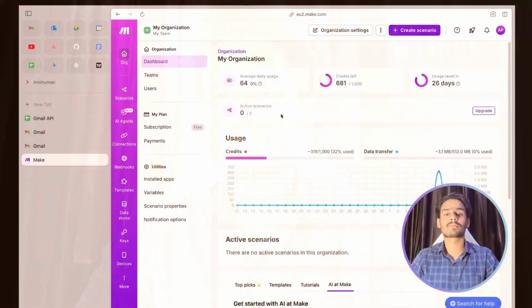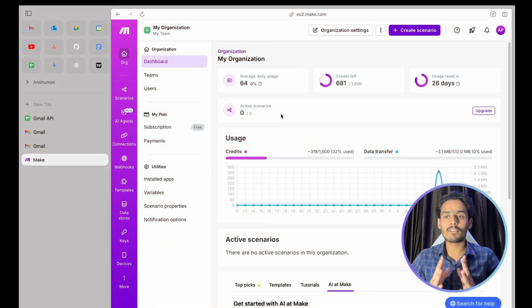So you can set it up with no coding background, and you can save literally 7 to 10 hours per week on auto replying, and you will also have an AI assistant that knows what you do and how you do it. Okay, so without wasting any further time, let's get started, and I'm going to show you exactly how to build it.